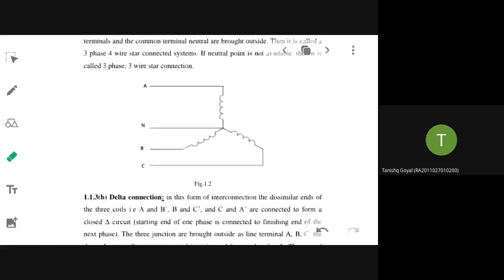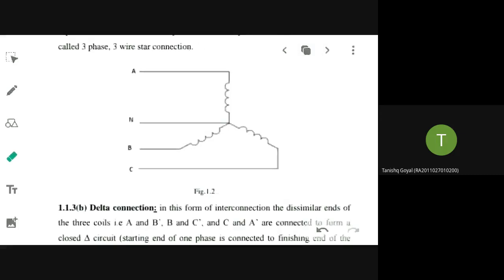Suppose you look at the star connection. Let us represent this as R phase, Y phase, B phase, or line. Generally we will call it line in local terms. In the EB person's case, you will call them lineman. If you see the roadside, transmission towers and all, how many lines usually run there?